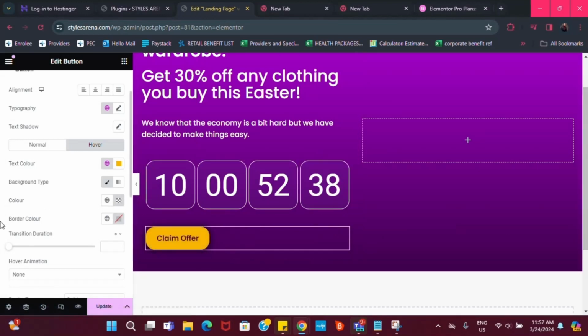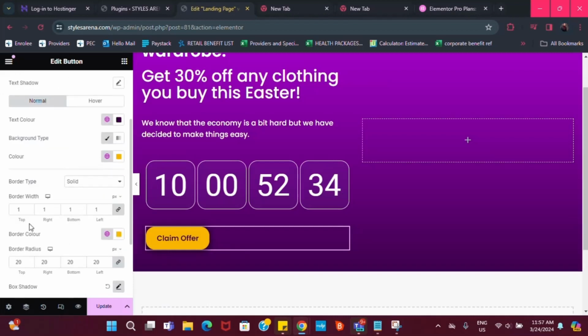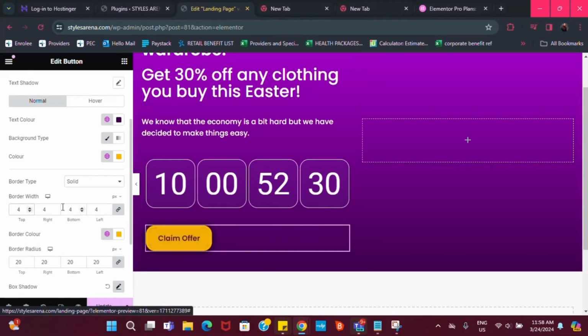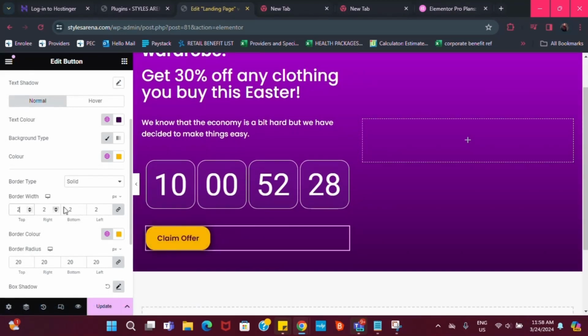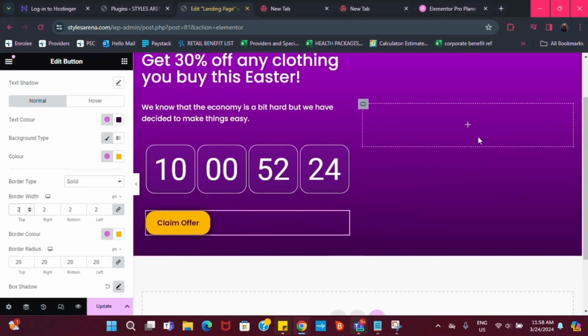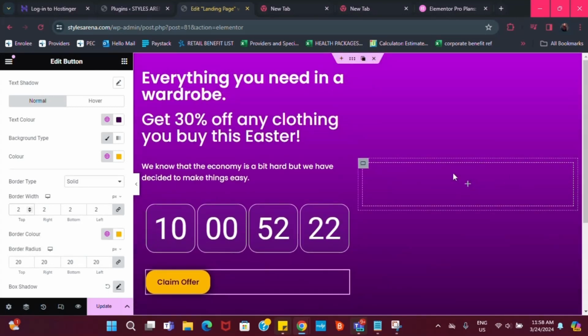This is too light. Let's make the border width a bit thicker. So I just search for border width, and then 4 is too thick. So let's try to make it 2. Perfect. So now that we have gotten our corner diamond button, it's time for us to now add an image